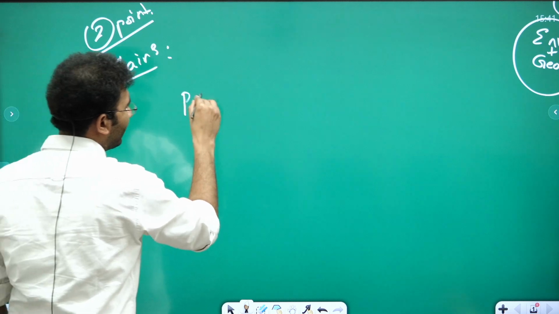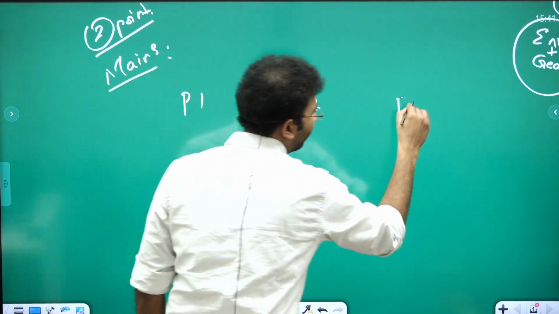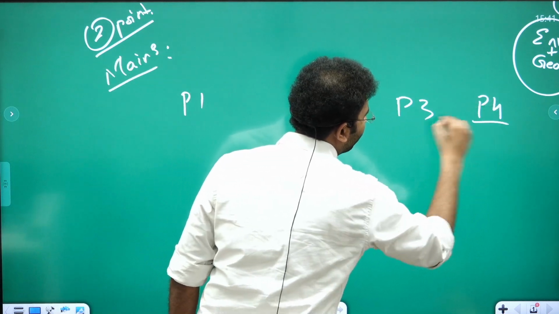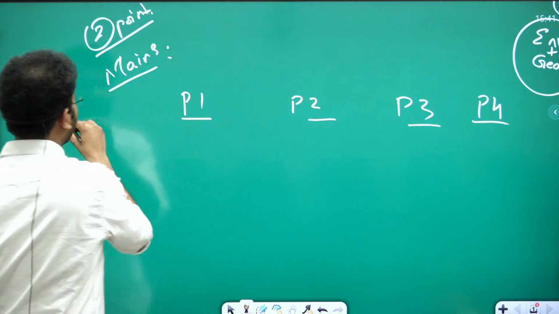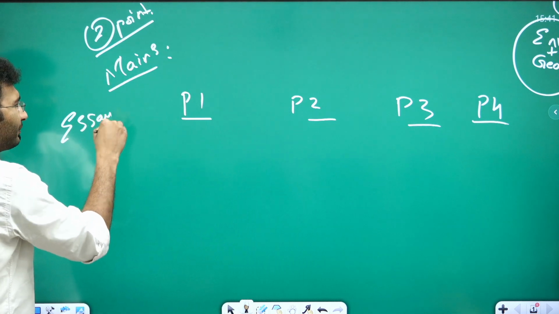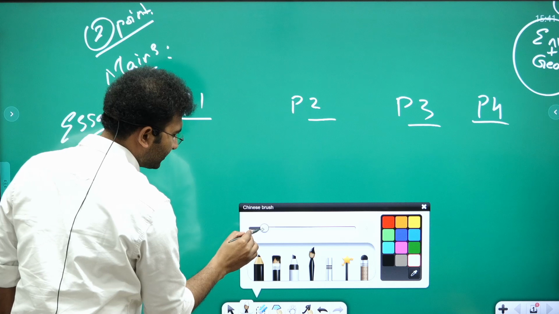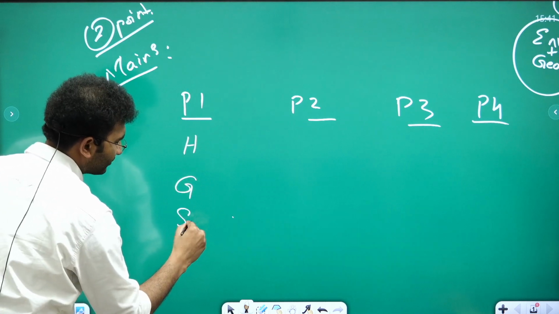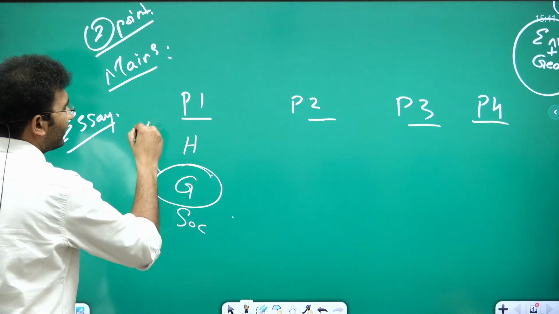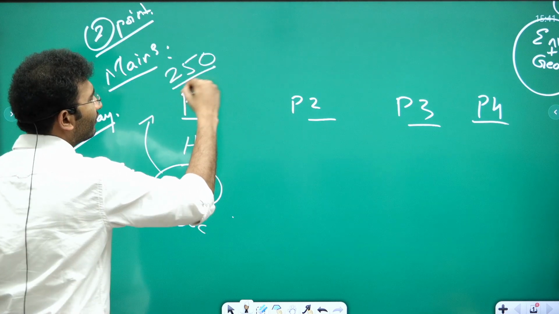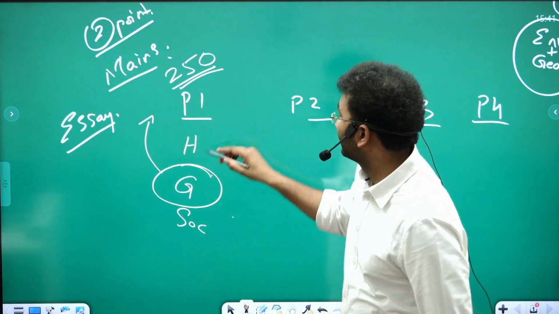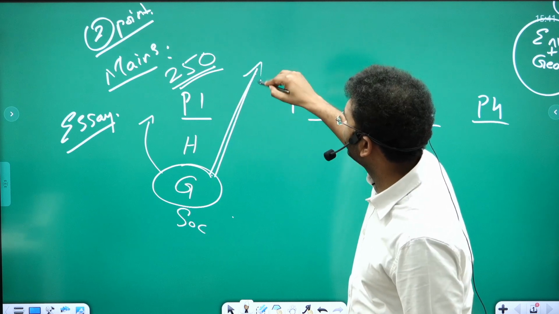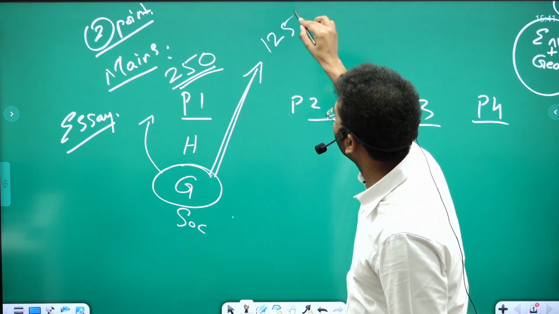You have paper 1, paper 2, paper 3, paper 4, plus you also have the essay, right? In paper 1, everyone knows the subjects that are part of it. You have history, you have geography, you have society. See, geography alone in general studies paper 1, out of 250, the questions in the mains examination are 125 marks